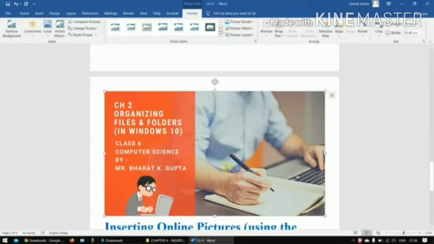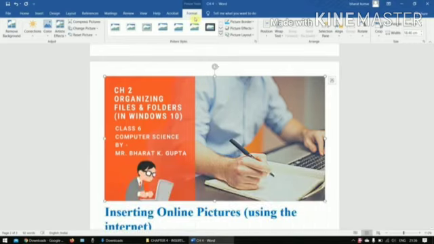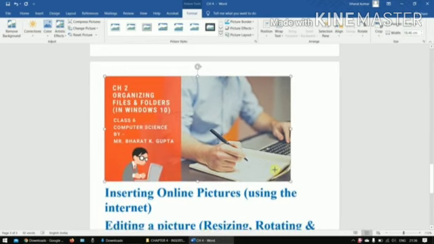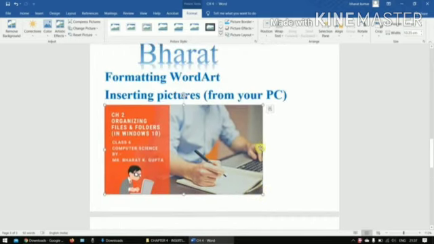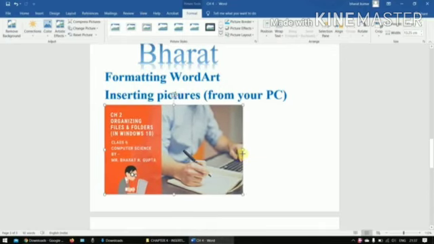I'll choose this. And even with a picture, you can see the Format tab appears. You can change any number of properties using this Format tab. I'll decrease the size of the picture using these resizing handles. So these dots at the corner of the picture are known as resizing handles. I can also rotate this picture,